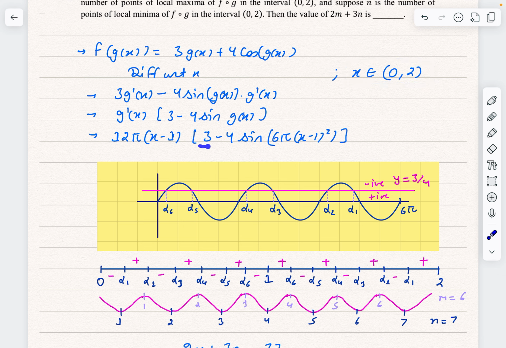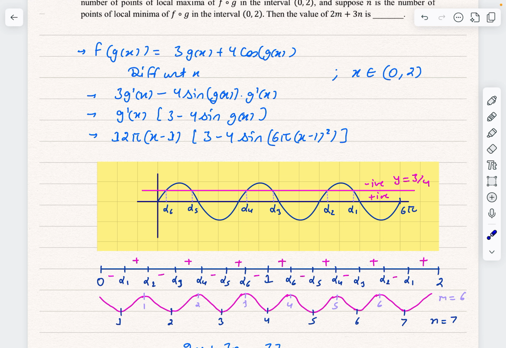Let us talk about this: 3 minus 4 sin(6π(x minus 1) whole square). See, when I put x as 0, this will become 6π. When I put 1, it will become 0. So the value inside sine is going from 6π to 0 in this direction. Now, this thing will be 0 when sin θ will be 3 over 4. So I plot the graph of sin x from 0 to 6π and draw a line y equal to